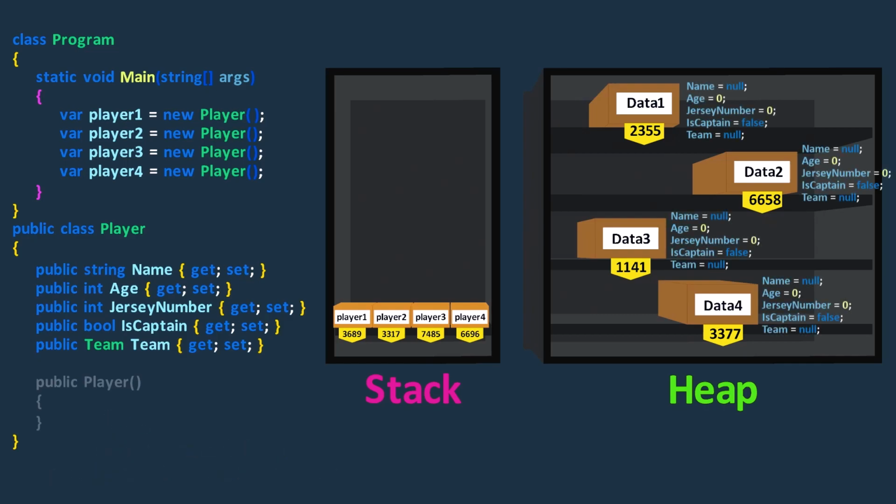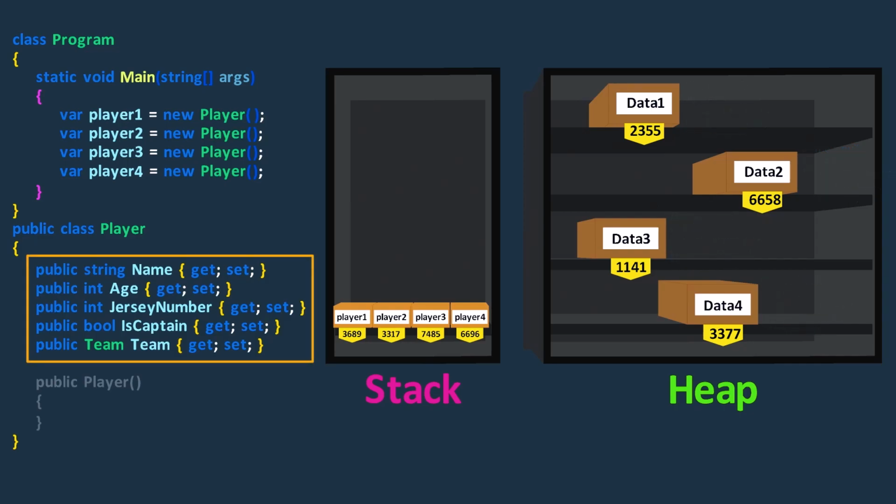When the default constructor runs, it sets each piece of data in the object to a default value. Remember, when we use auto properties, the C# compiler creates hidden fields behind the scenes. In this case, 5 fields are created respectively for each property.